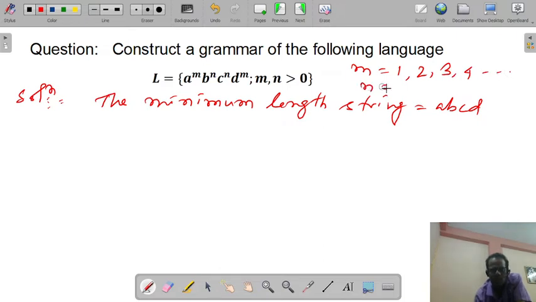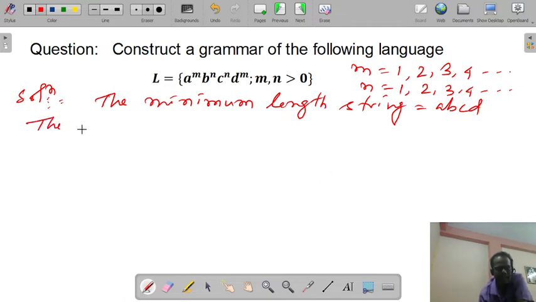The n value is also greater than 0, so n will be 1 or 2 or 3 or 4, and so on. So the minimum value of m and n is 1. So A to the power 1, B to the power 1, C to the power 1, D to the power 1, that is ABCD. That will be the minimum length string.